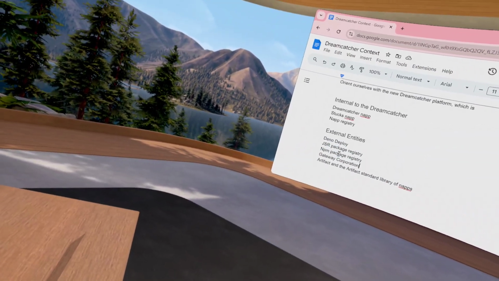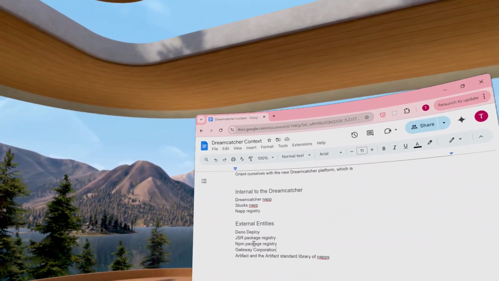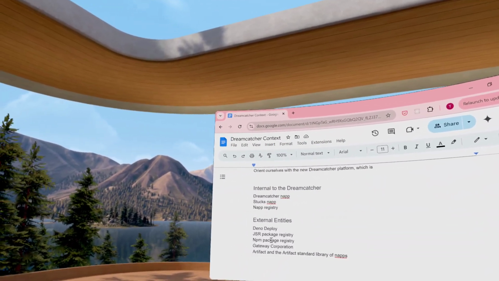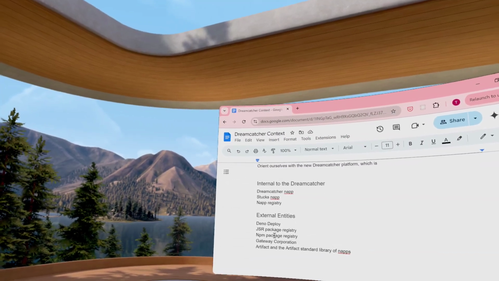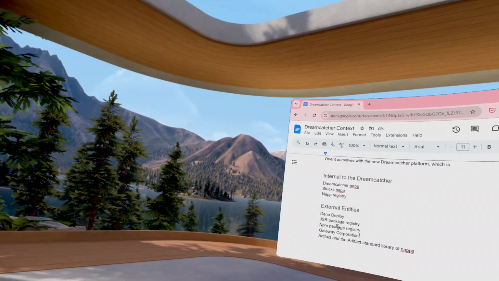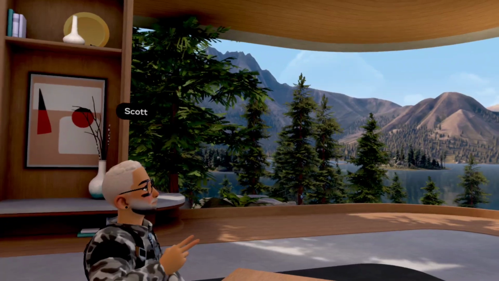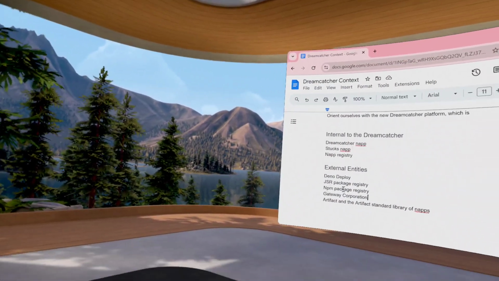Rather than external entities, because that feels a bit fuzzy, dependencies maybe is a better thing. We depend on JSON. That's what the external entities are. That's what the context diagram shows. Right, but by dependencies, that implies that